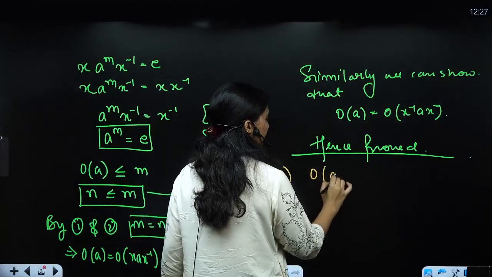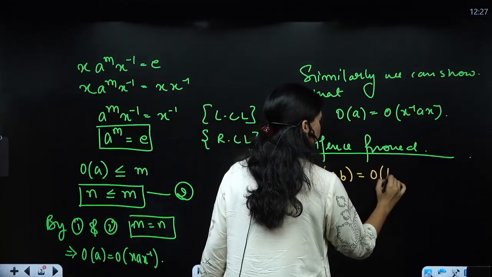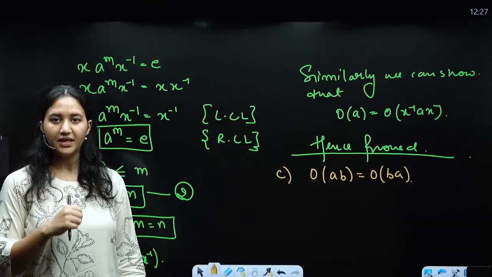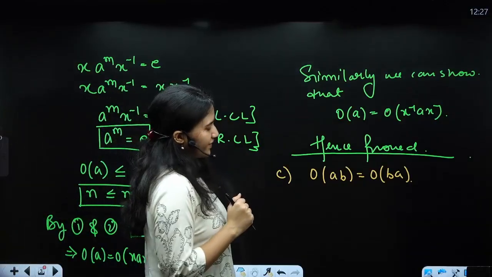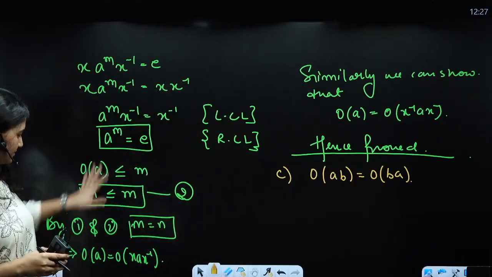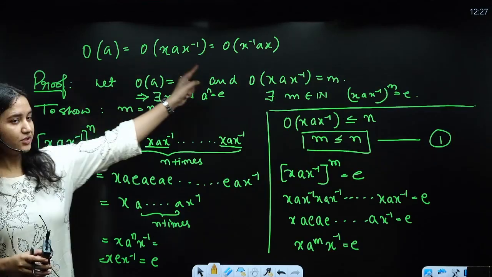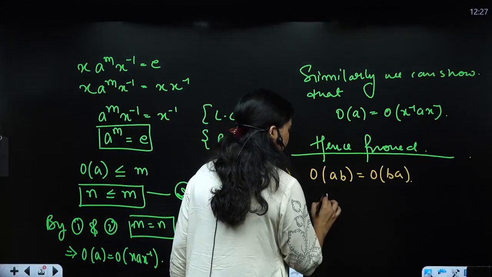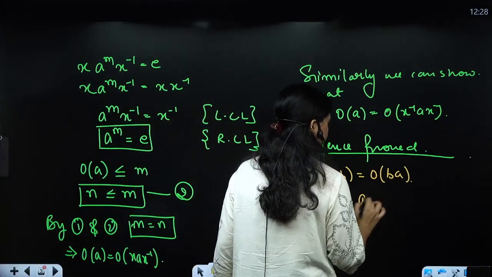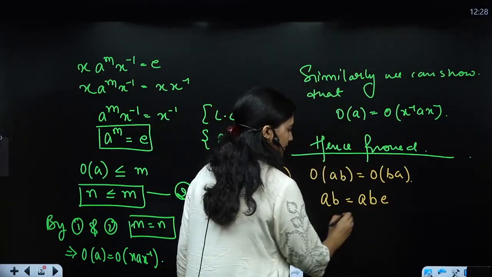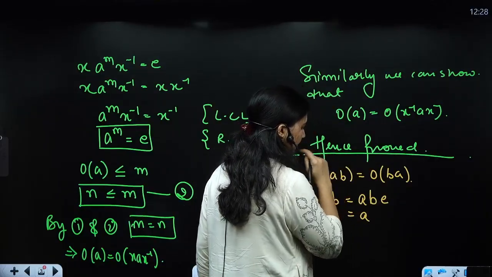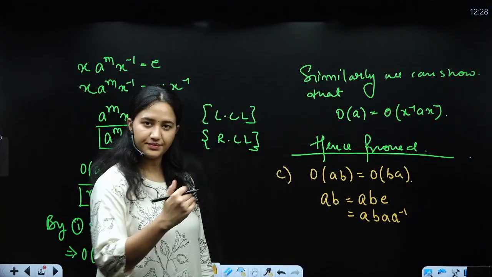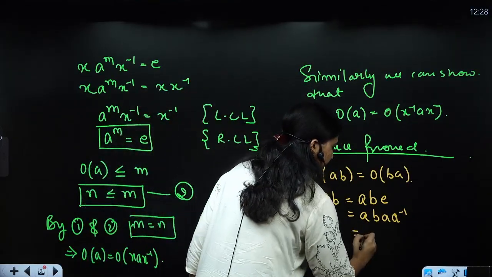Now there was one extra point in this question only, which was that order of AB equals order of BA, right? Order same रहेगा even if you interchange the order. So इसको कैसे prove करेंगे? We can use the same postulate as this. This thing we can use to prove this. कैसे होगा? See, simple है, very simple. आप क्या कर सकते हो? AB को you can write as ABE, right? Now I can show AB A inverse, ऐसे लिख सकते हैं E को A inverse. So this is going to give me what?